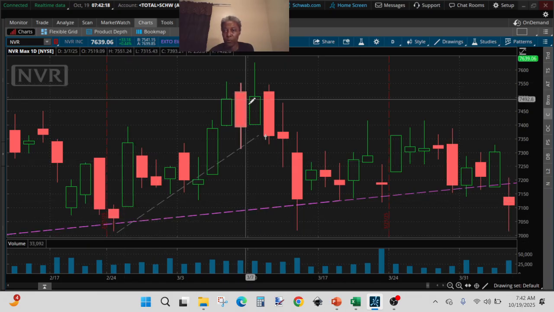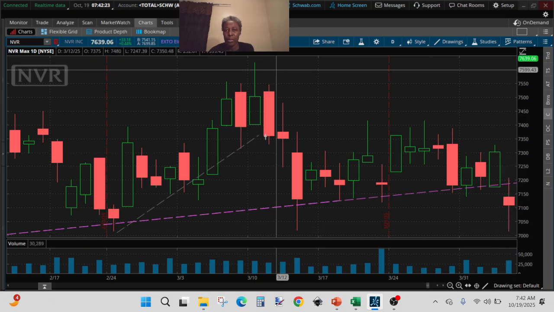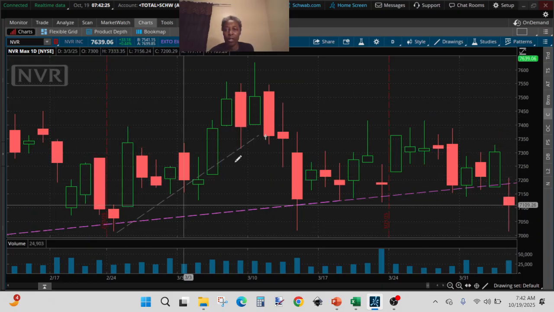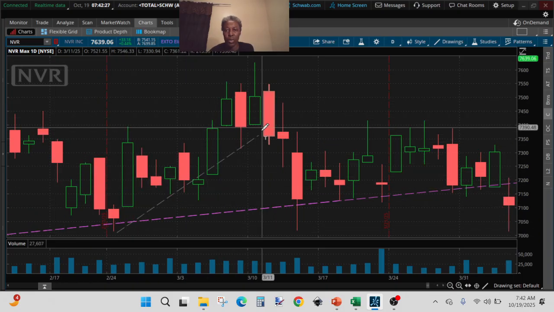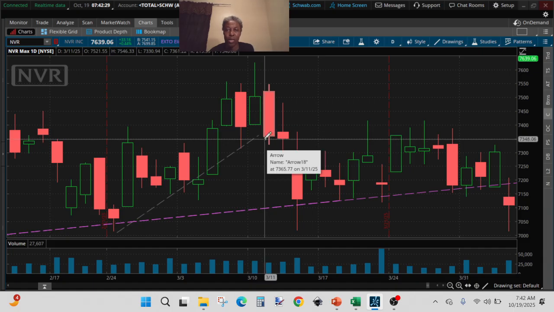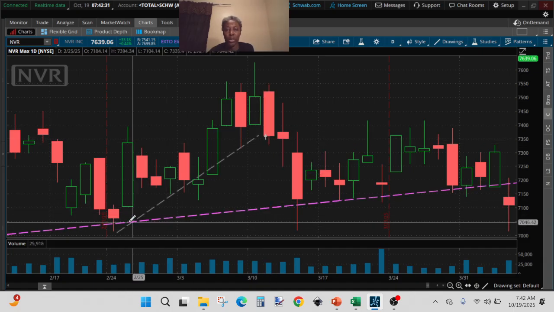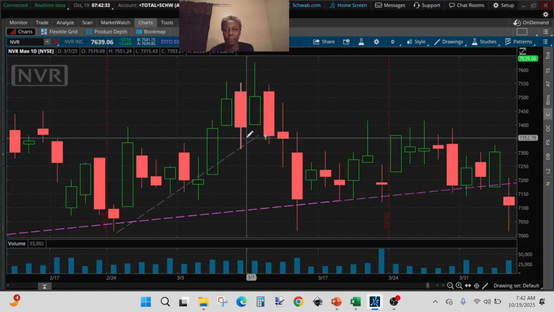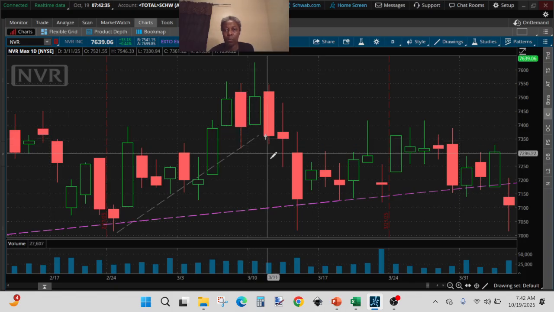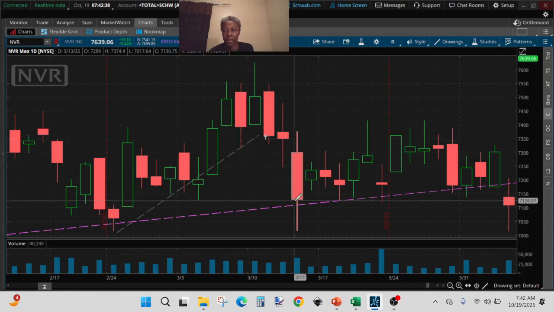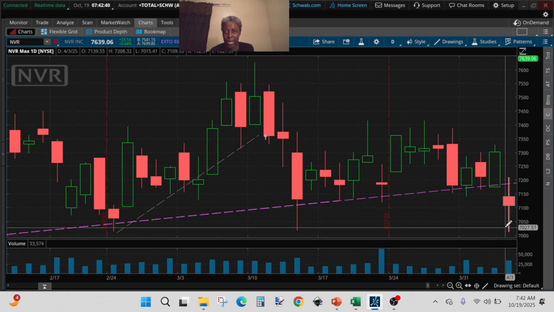So it went up, pulled back, went up, pulled back again. So with all the precautions that we took to buy at a higher price here, to just make sure we know that it's done going down, it still pulled back to the support line,